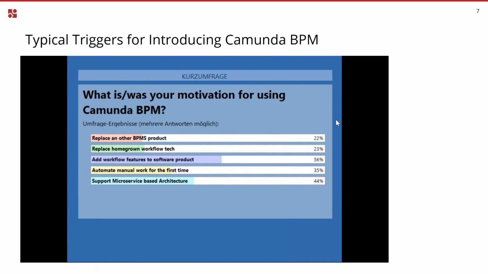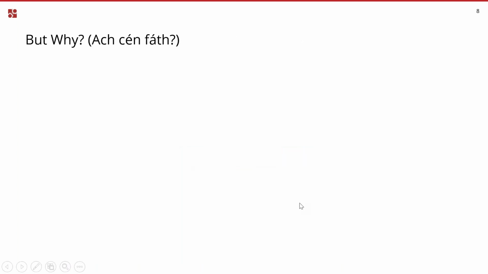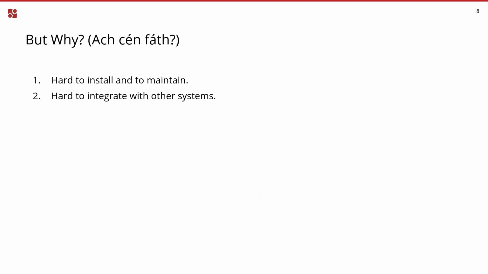So, for instance, we have some of the reasons that we have come up with why people actually tend to move to Camunda. First of all, their current system might be hard to install and maintain. Maybe every new version causes some sort of hassle. It's also possible that you want to integrate with other systems, but unfortunately that just doesn't work because, for whatever reason, the legacy system or the existing system does not allow you to have good or at least easy